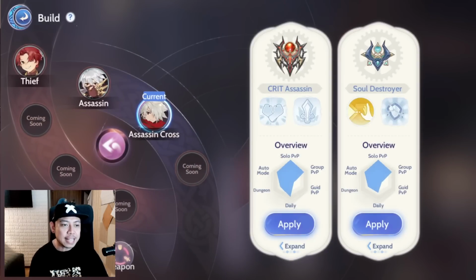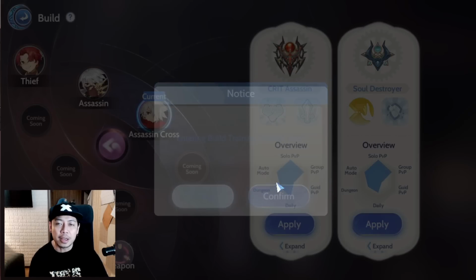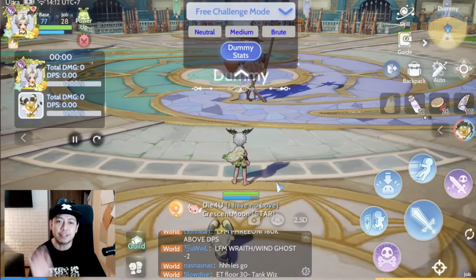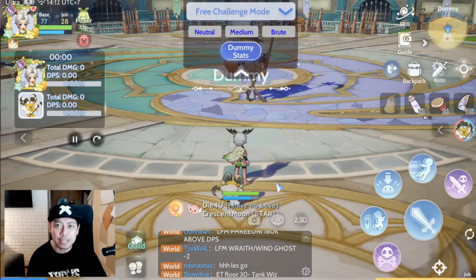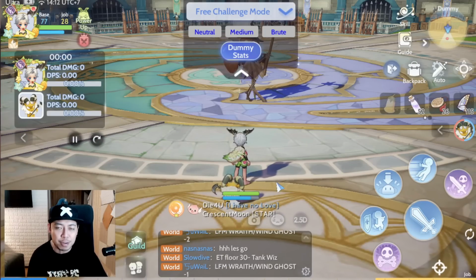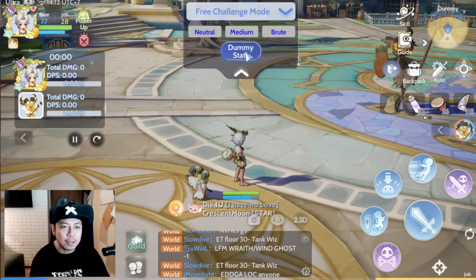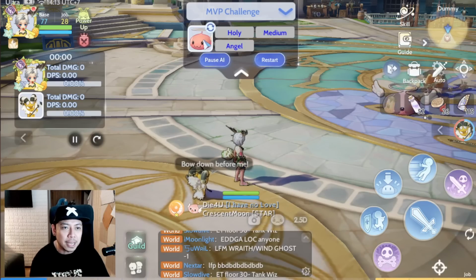So before we test the damage, in terms of the pets, I would be suggesting Squidget because Squidget increases your overall damage by 20% or 25%. So I think that is a lot for a Soul Destroyer build, okay? So let's try it on MVP and